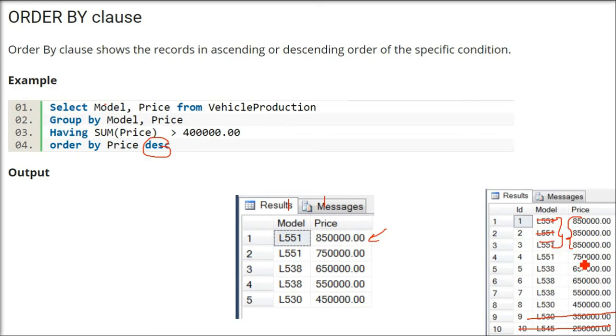L551, next price is 7 lakh 50,000, so it will come. Then the third one is, because this is repeated, only one can come because of group by. So 6 lakh 50,000 will come. And then finally we have L538 and L530, so which is higher, 5 lakh 50,000. Finally 4 lakh 50,000, so descending order it will come, DESC.